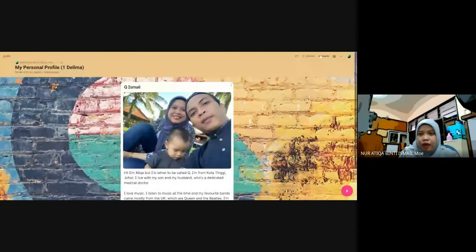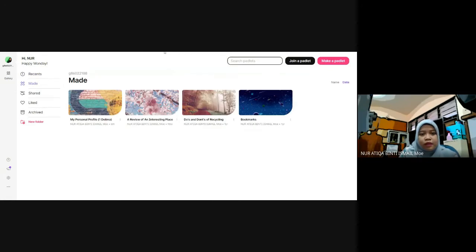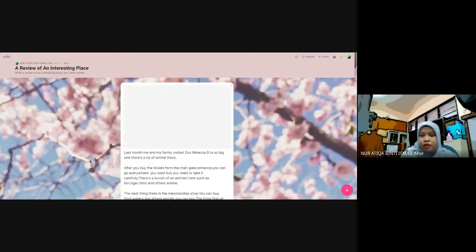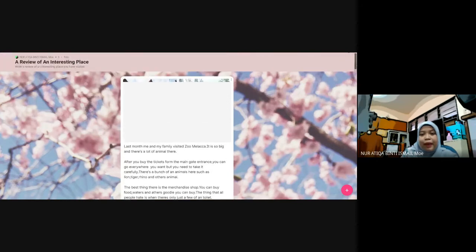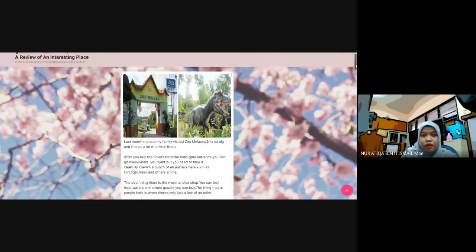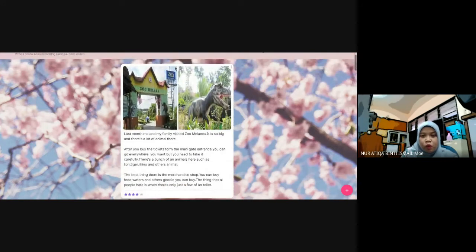Okay, so this is a Padlet. Padlet is like a different way of writing. I saw Faris raise his hand. Padlet looks like this. I did this with my previous class a few years ago. I like Padlet because using Padlet I can rate your work, and you can see other people's work as well and rate your friends' work.